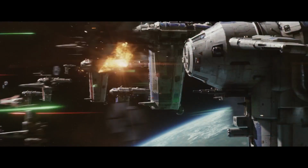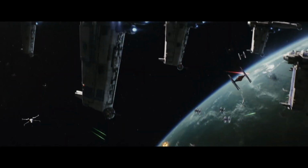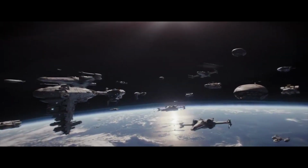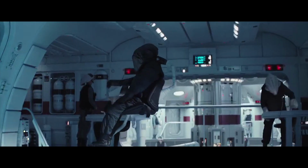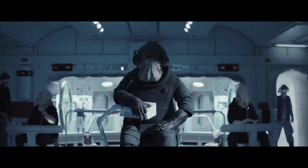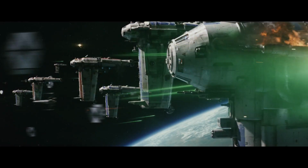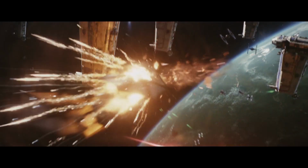Number 8. I'm pretty sure these are the New Republic's Mark One Starhawk, or at least some variant of it. They first appear in the Star Wars Aftermath novels. They're the first ships commissioned by the New Republic Navy. The rebels were tired of stealing Imperial ships and using cargo ships and medical frigates as war vessels. They made sure that the Starhawk had all the most advanced technology available. The ship was described as having a blade-like nose and was built largely from repurposed Imperial ships that were captured